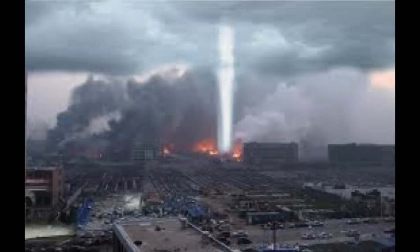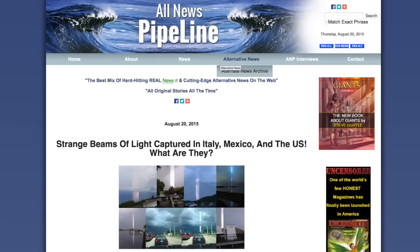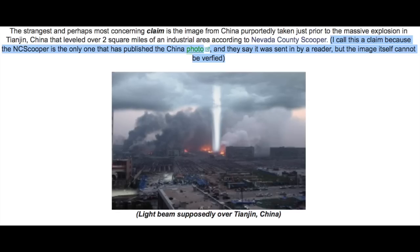Now, about the picture from China, the alleged Tianjin, China light beam over the whole situation there that happened. Again, there are a couple of problems with this image. First off, this is well after the devastation had already occurred. You can see that all of this has already been laid out. This is way past the explosion. It's daytime, etc. Second, the source of this: All News Pipeline is talking about it, suggesting this is an image from China, but this image was published on Nevada County Scooper, and even All News Pipeline, which is kind of sensationalizing certain stuff,